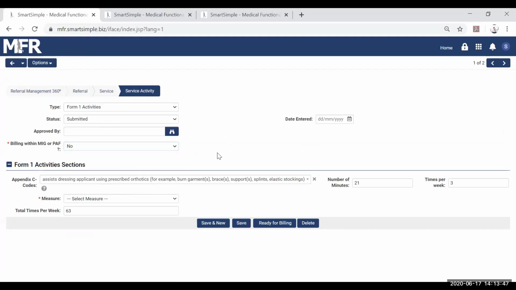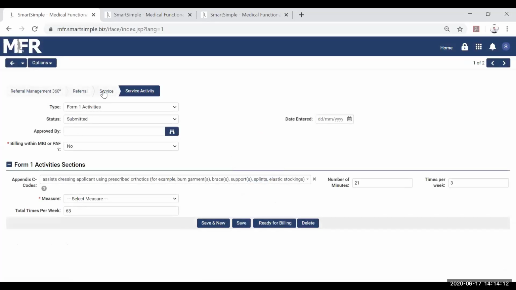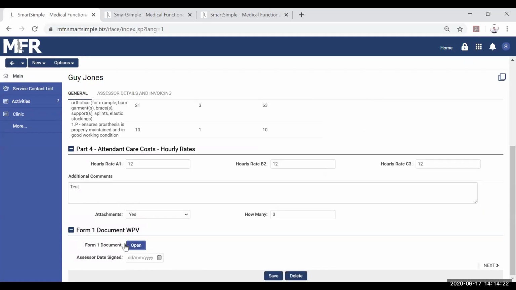So every single line item would be stored within the system as a service activity, which is good for data management. If you want to use reports, if you want to report on these different Form 1s, you can definitely do so. So that's the reason why it gets created as a service activity. And now when you're here in the service activity, you can change it. So when you're ready to submit the service itself, the Form 1, you would go ahead and just go back. So then you'd go to the Form 1,